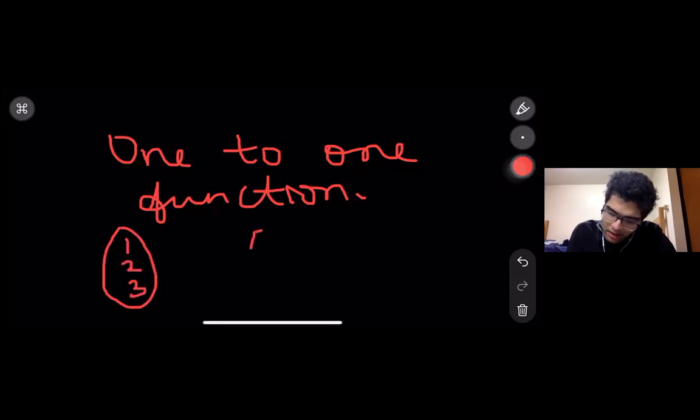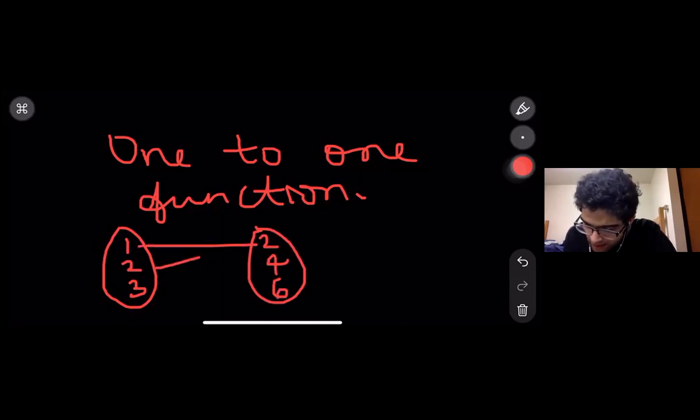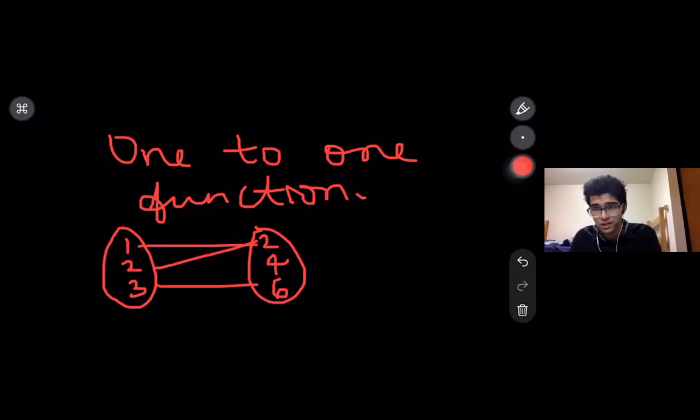Now let us be very clear here. The definition of a function says that one number can be mapped to only one thing. That is there. But a one-to-one function further adds to that: two numbers cannot be mapped to the same thing. So if I have here, let's say 1, 2, and 3, and let's say they are being mapped to 2, 4, and 6. If I mapped them like this, it is still a function, but it is not a one-to-one function because we are having two numbers being mapped to the same number. It is still a function. Remember, for it to be a function, the only rule is that one number can be mapped to one thing. That's the only rule for a function.